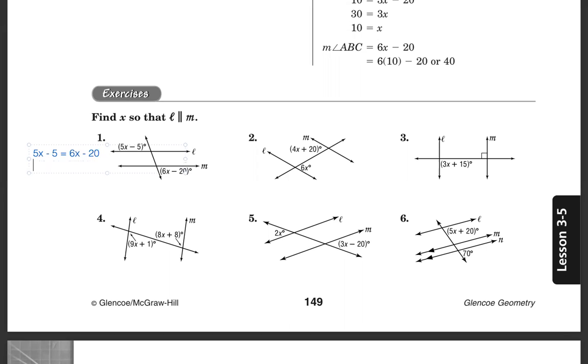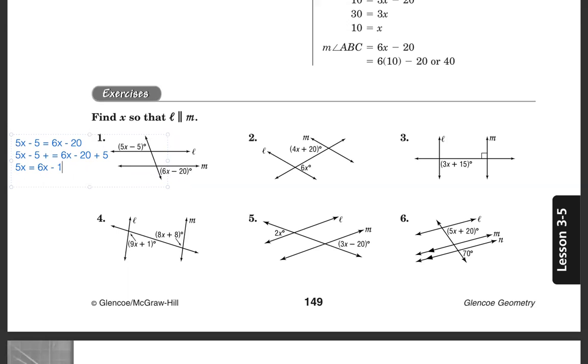And then after that, we do the algebra. We solve for x. It's up to you where to put the x. So let's say we put the x on the left side. So 5x minus 5, we want to eliminate the negative 5 there. So plus 5 on both sides equals 6x minus 20 plus 5. That will eliminate the negative 5 on the left side. And then what we'll have is 5x equals 6x